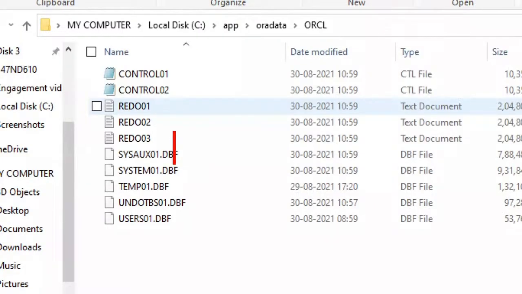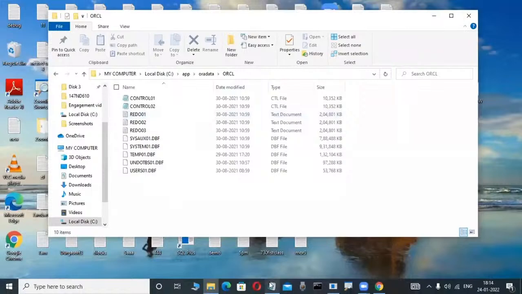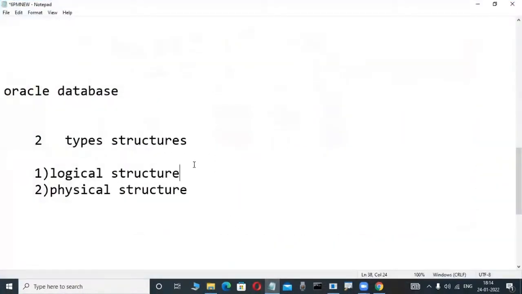Whatever table I'm creating is not visible. That's why in the C drive or D drive, it is not visible. So what is a logical structure? It means a structure which is not visible in the operating system. A structure which is not visible in the operating system is called a logical structure. A physical structure means whenever we are installing software like Oracle, SQL Server, DB2, automatically